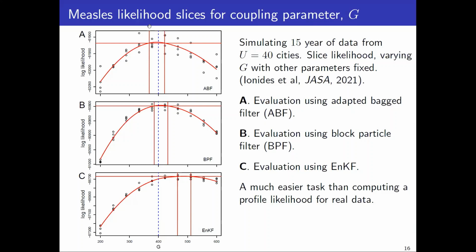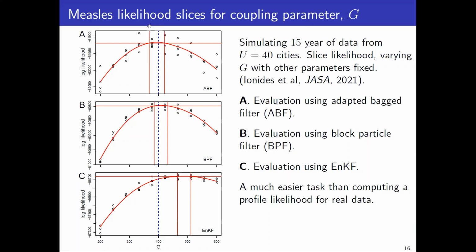And we're comparing it with the thing that we previously worked hard to develop, thought was kind of fancy and cool, the adapted bagged filter. And C is the Ensemble Kalman filter. And so at this point, we worked very hard on A, we worked less hard on B. This was just the more or less out of the box